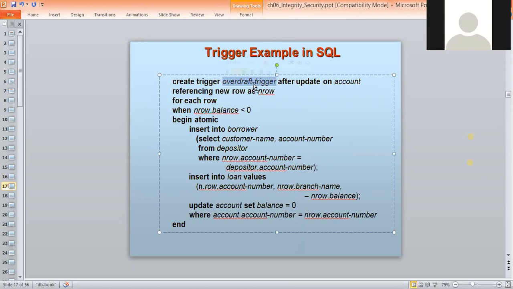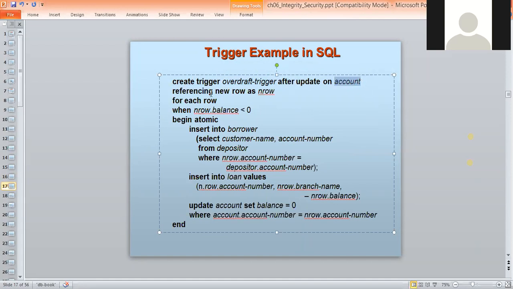Here the trigger name is overdraft trigger. That means by this command the system is creating a trigger named overdraft trigger, and that trigger is created after an update on account, which is the name of the relation.